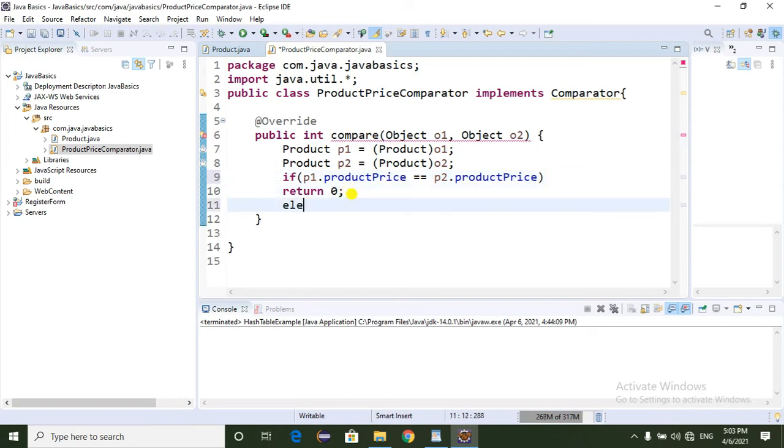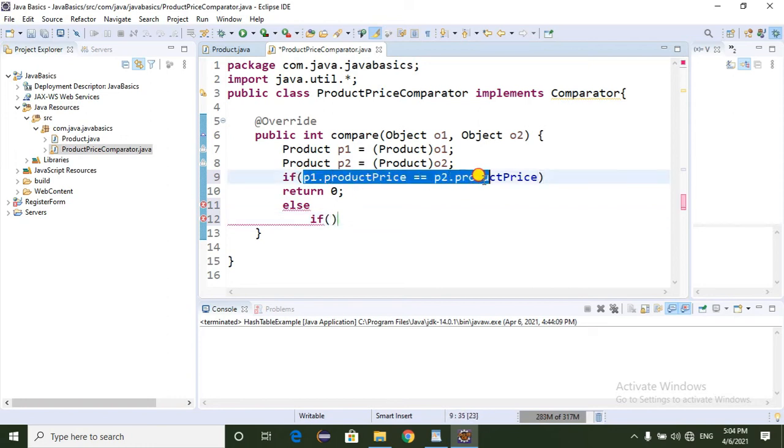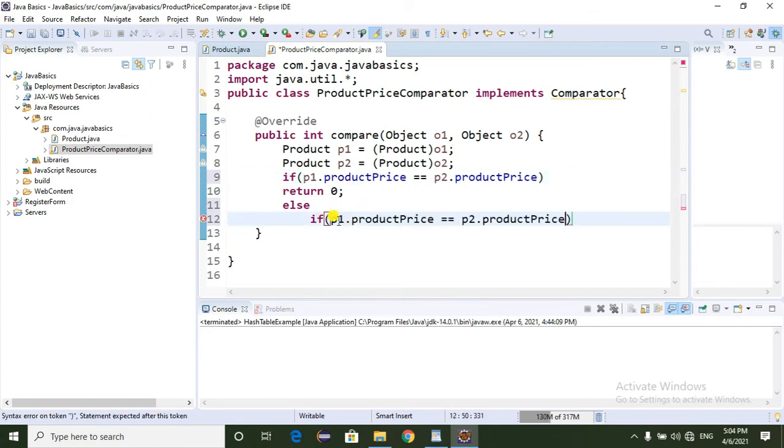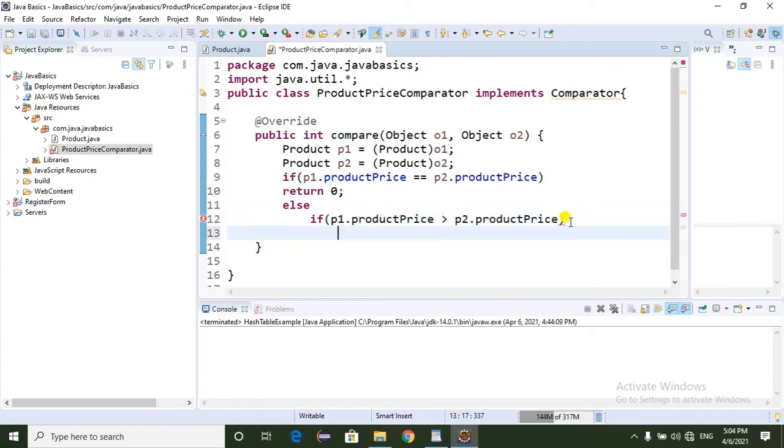Otherwise, else if, here I'm going to check if p1.productPrice is greater than p2.productPrice. In this situation, it should return 1.